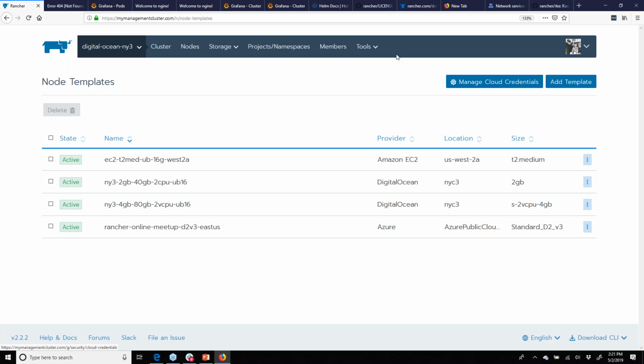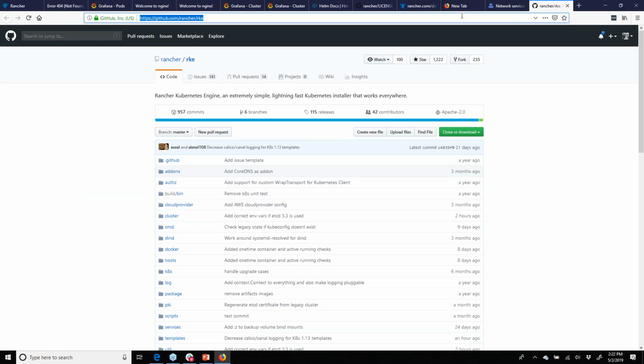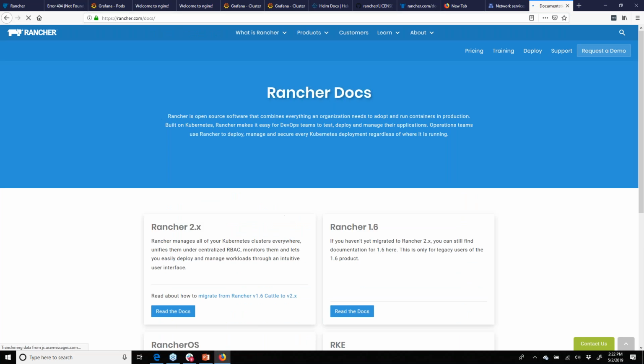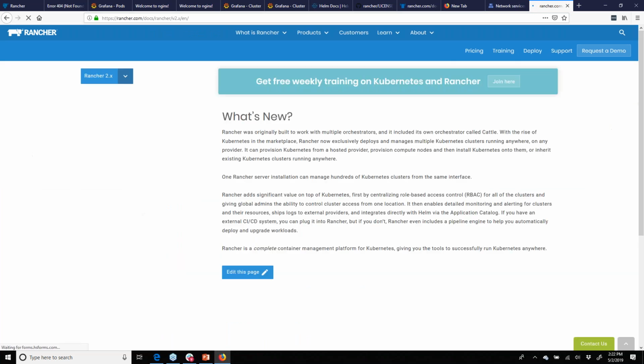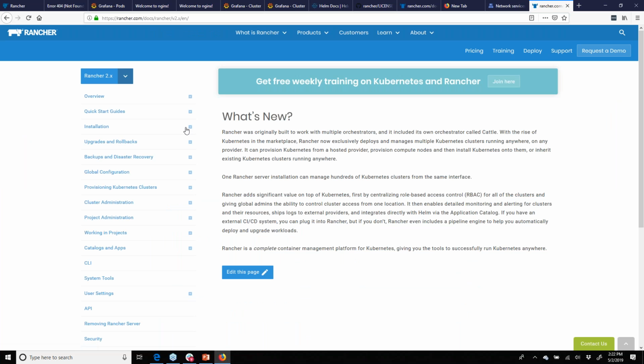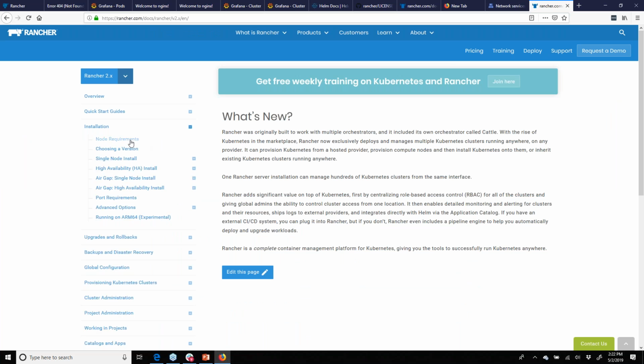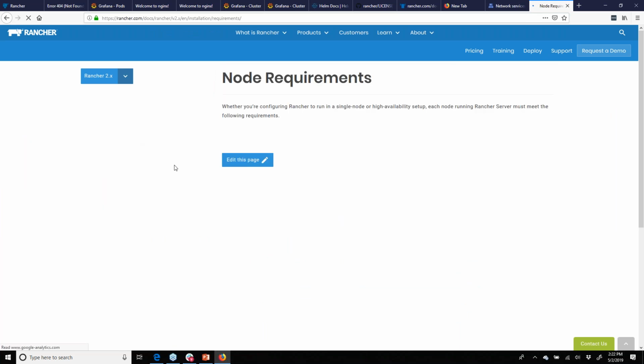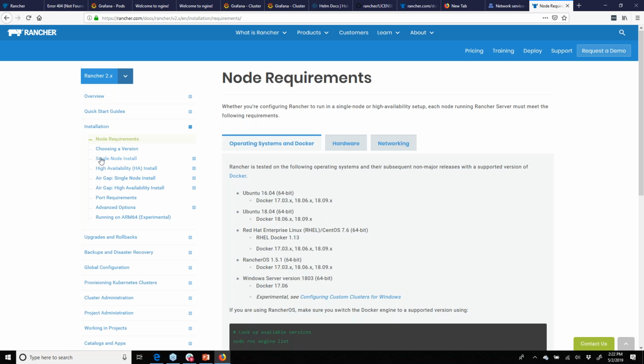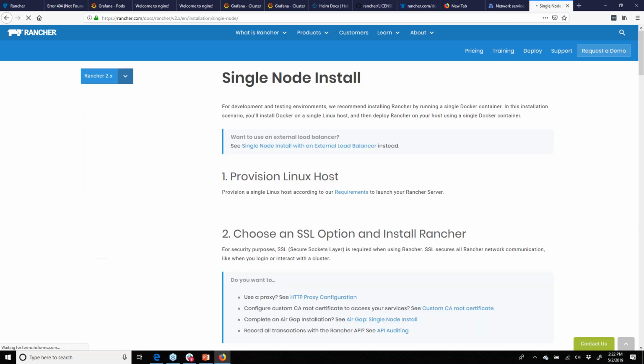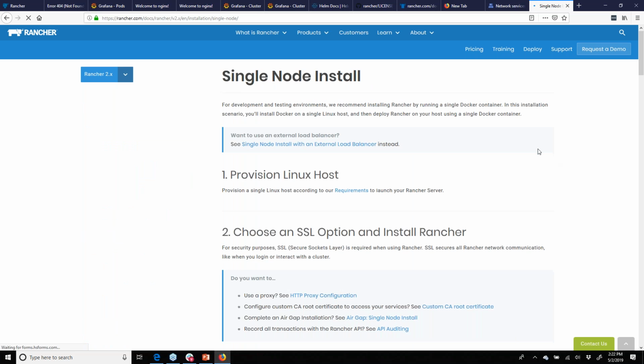Rancher can be standalone because Rancher itself is a Docker container. So if you were to go out to docs.rancher.com, navigate to read the docs, then go to installation. Make sure you read your node requirements. That's important, especially around ports and things of that nature. But then go down to single node install, and this will walk you through doing a single node install, which